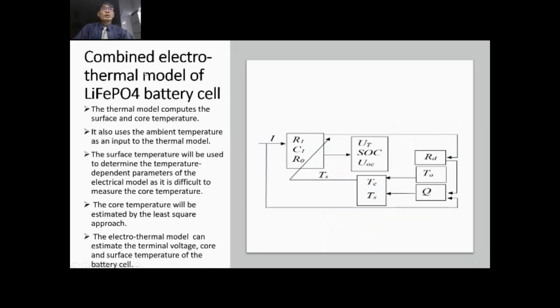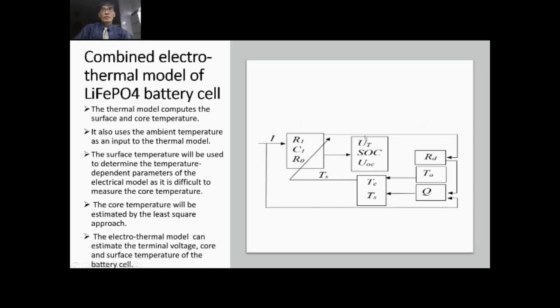So the combined electro-thermal model of the lithium-ion phosphate battery cell, you can see that the thermal model will compute the surface and the core temperatures. Alright, so if you look at this model part, we compute the core and the surface temperatures, and then we will use the ambient temperature as input to the thermal model. As you can see, we use the Ta as the input to the thermal model, and the surface temperature we use to determine the temperature-dependent parameters of the electrical model. So this Ts will go into this electrical model,